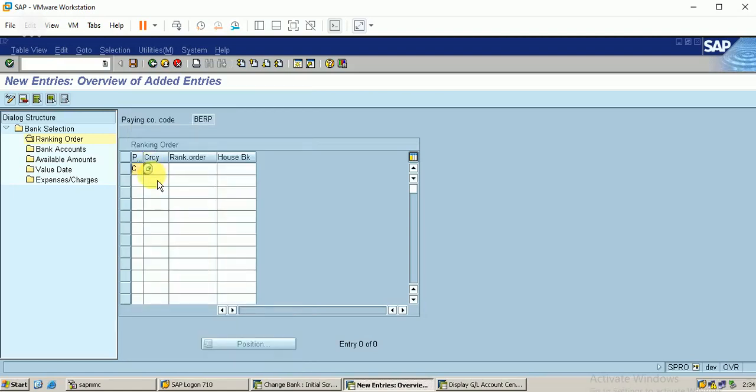The payment method is check, currency INR, ranking order first, and the bank is HBD. If I make some payment, it will choose the first ranking house bank. If I have more house banks, I can rank them here too. Currently I have only one house bank, so I will rank it one.